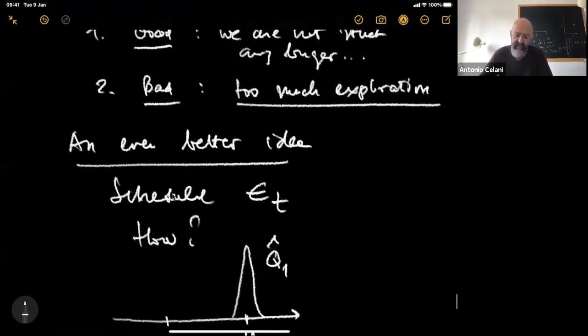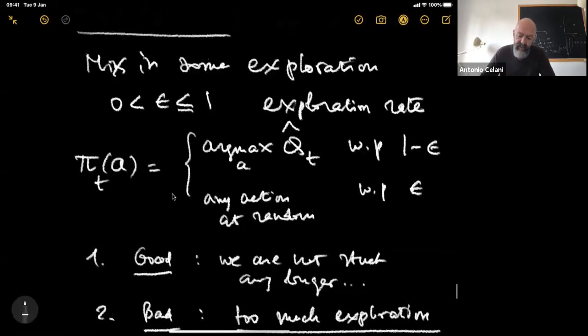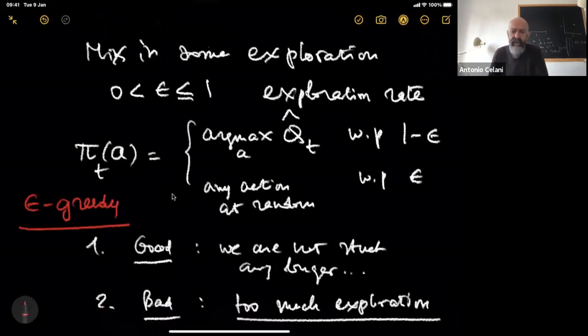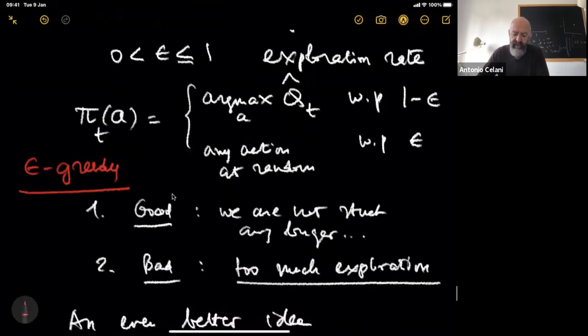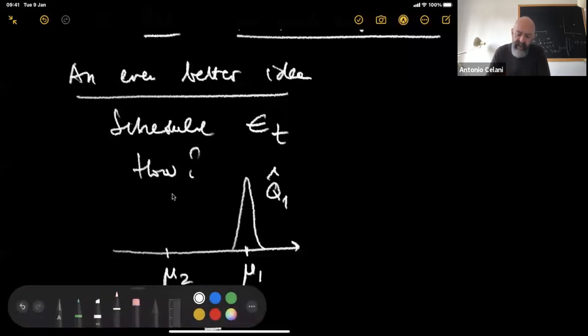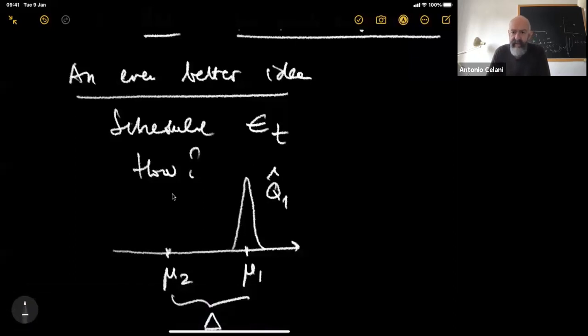Sorry, I forgot to tell you that this quantity here is called an epsilon greedy choice, because it's greedy but with exceptions, chosen with epsilon probability. So I'm applying my epsilon greedy. I play the action Q1 many times, and because my algorithm is working properly, I'm going to play the second arm much less than the first arm because it's suboptimal, which means that I will have a distribution